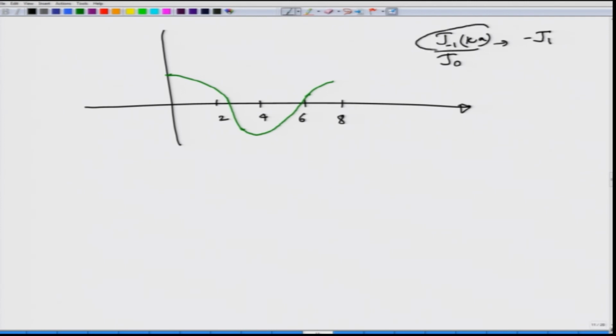This is from the relation between Bessel functions, which you can find out, and what you actually see is that you will see the solutions of J1, right. So, of course, I have to draw J1 now. So, this is my J1. The first solution starts at the first point, at the argument kappa A, where J1 will be equal to 0, and then it starts to increase, and then goes to 0 at around 4 or maybe slightly less than 4. Do not worry about that, and then it will go to 0 later on.